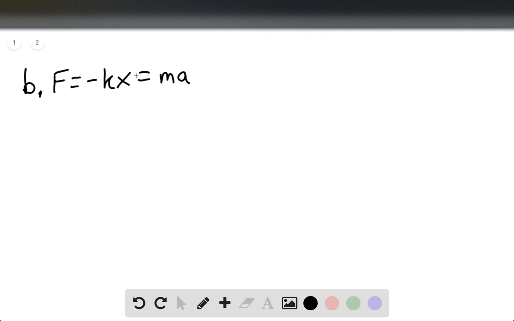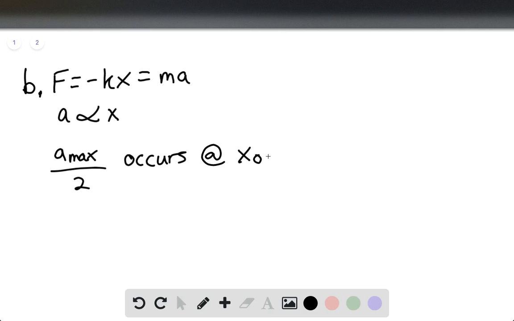And we can see that acceleration is proportional to displacement. So the acceleration will have half of its maximum value, so we can say a max over 2 occurs at x naught equaling plus or minus